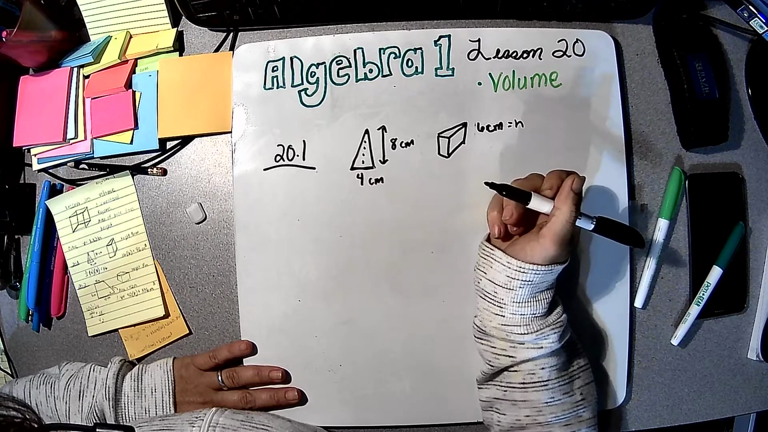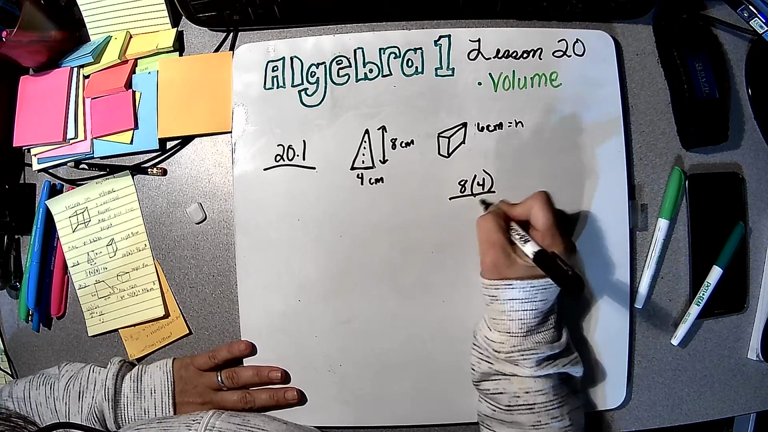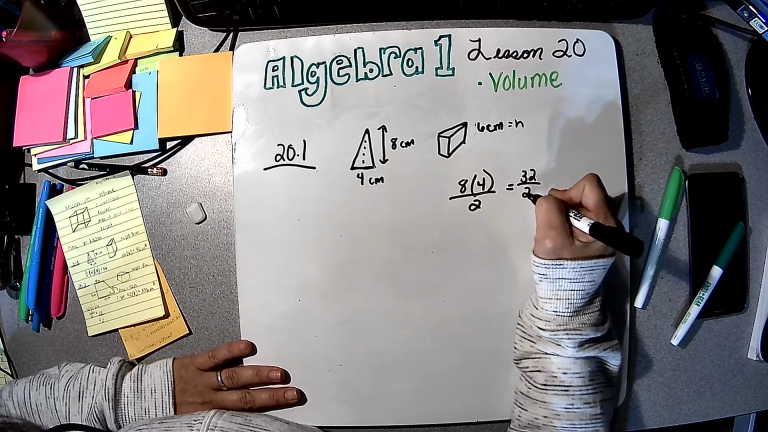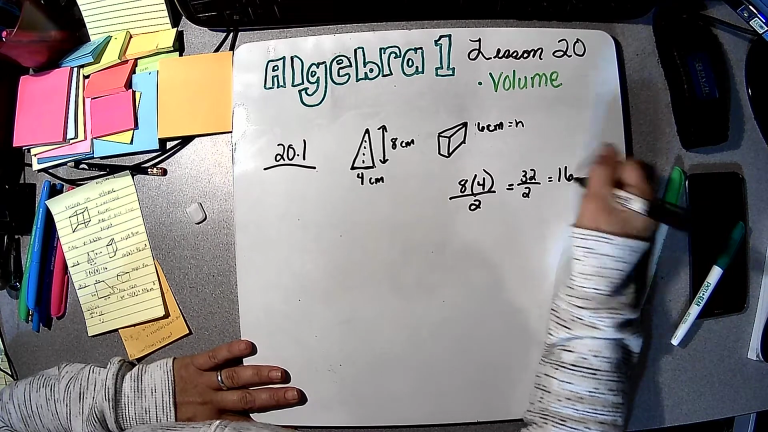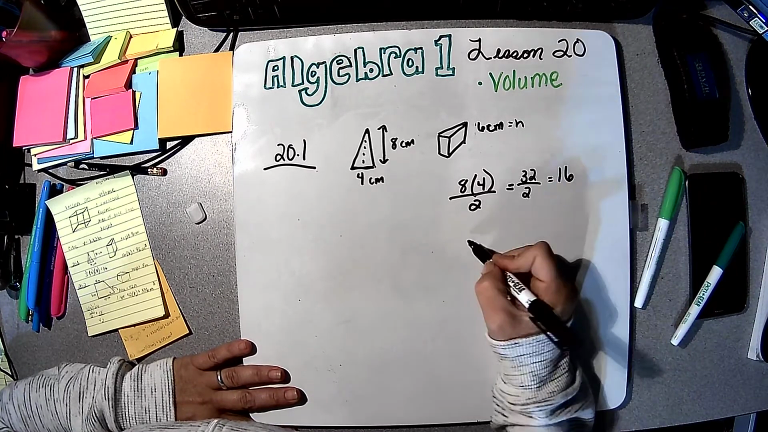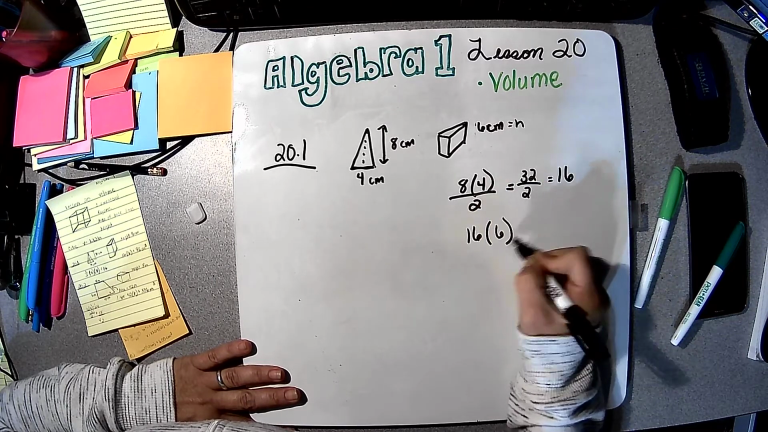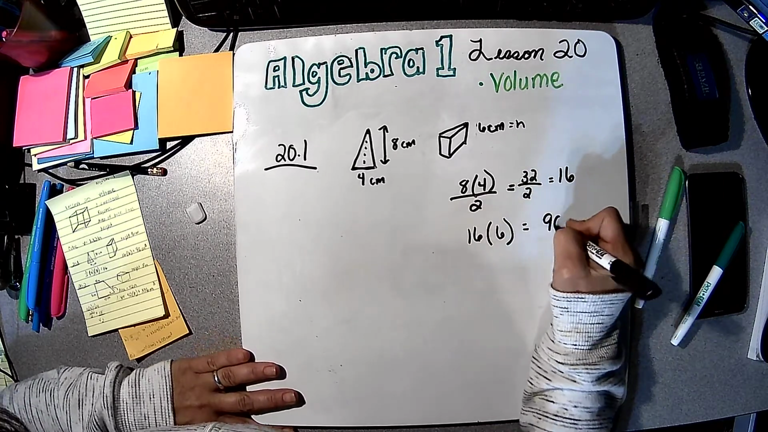So 8 times 4 is 32. So 8 times 4 divided by 2 is 32 divided by 2, which is 16. So the area of our base is 16. Now we just have to multiply that times the height. So 16 times our height, which is 6, and that's going to be equal to 96